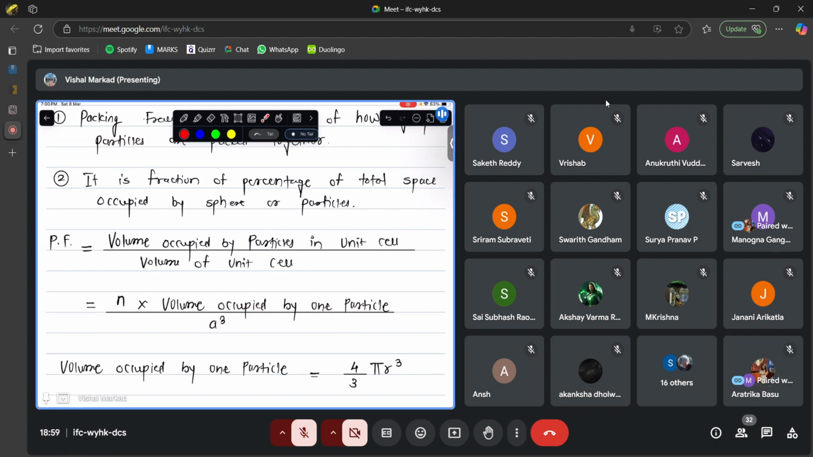And volume occupied by one particle. Every time the particle is of which shape? Spherical, right? We consider the particle as spherical. If it is spherical, how do we calculate the volume of a sphere? What is the formula? 4 by 3 pi r cube. Right? So that formula